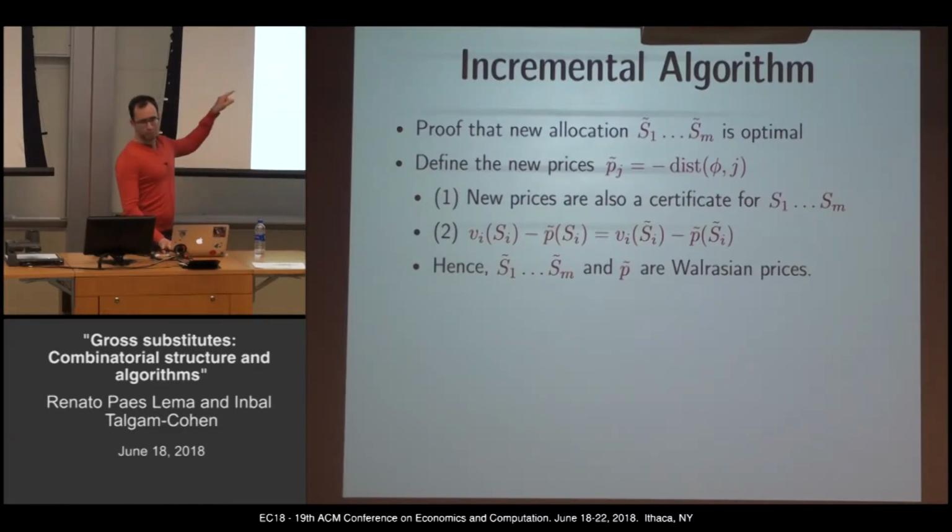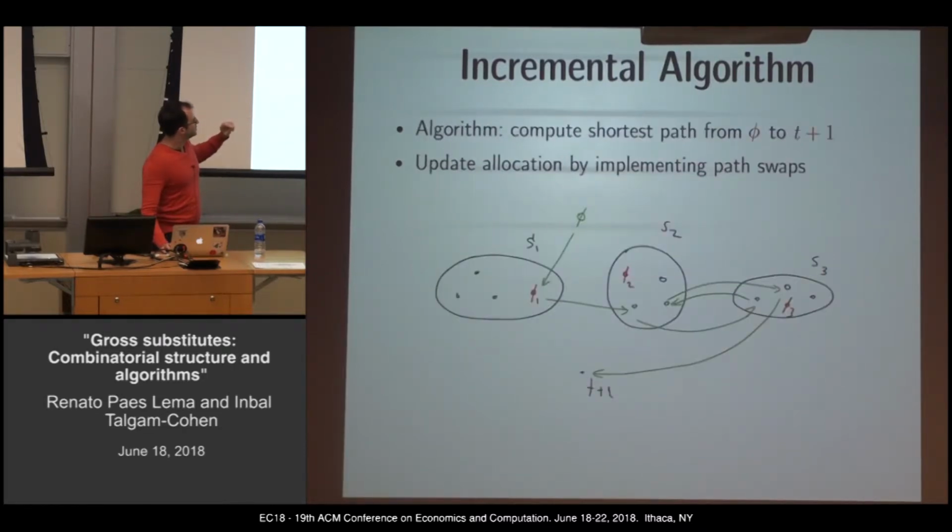So let me just say a word about item 2, part 2. Item 1, I just said it. If you look at the duality for shortest path, you get that. I just write the shortest path linear program and look at the dual. That's what you get. Part 2 is simple. If you are, for example, buyer 1, there is only one edge entering and one edge leaving. So that's very simple. Under these prices, the new potentials, all the weights of the new edges become 0. So it means that under the new prices there is indifference between using this edge or not using this edge.